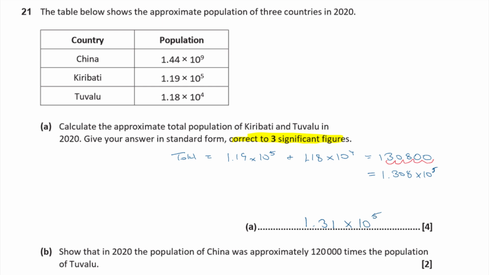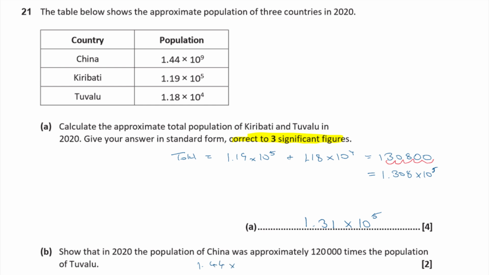Okay, show that in 2020 the population of China was approximately 120,000 times the population of Tuvalu. Okay, so we're going to do some division there, aren't we? So what we're going to do is divide one by the other. So we need to show that